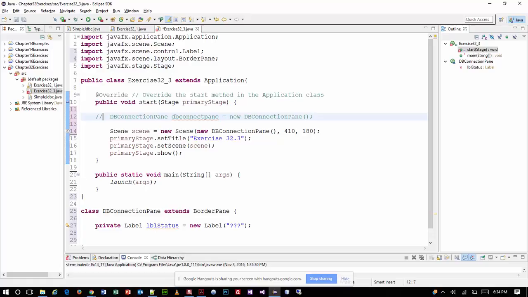Well, okay, I guess I would qualify that. If you're going to instantiate this twice within an application,